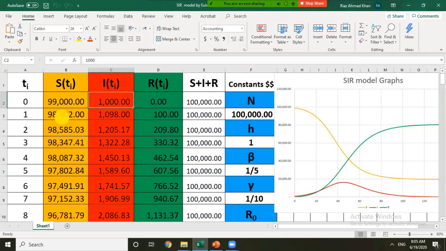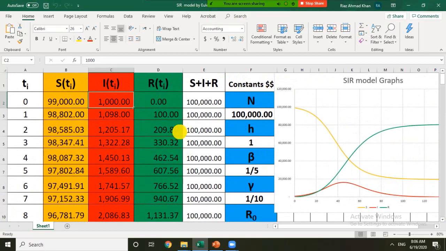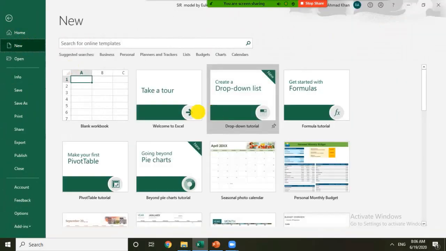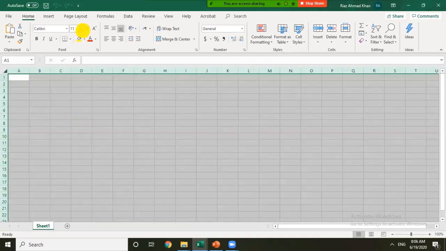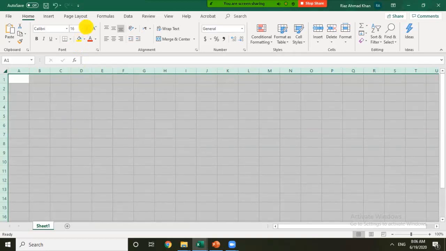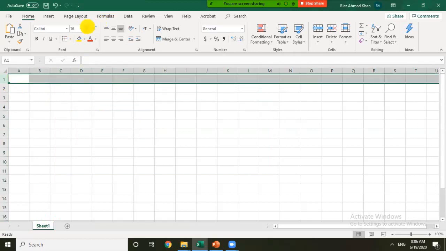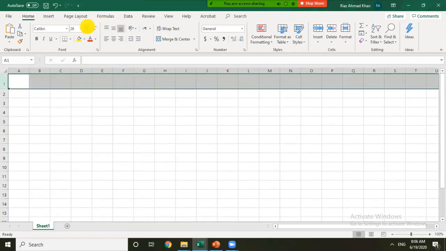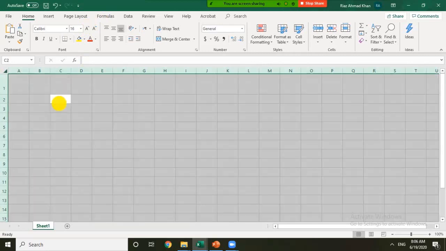Now to solve SIR model in Excel, this is the solution that I have already obtained in the Excel, but I want to do it from the start so that you can understand each step. Let us open a new Excel file and press Control A. Let me increase the font size for all, up to 36 as I did in the file. Control A,